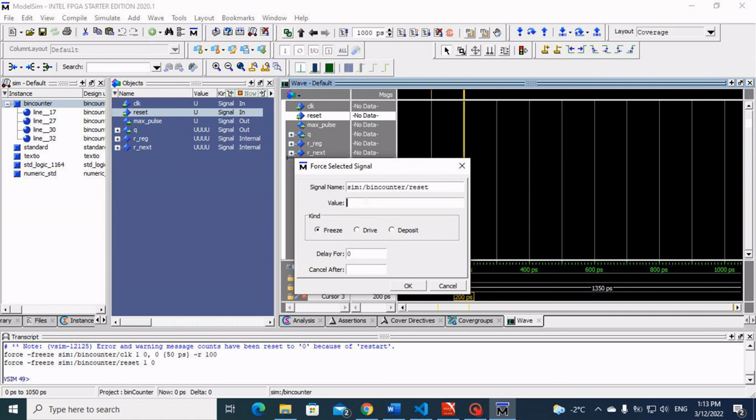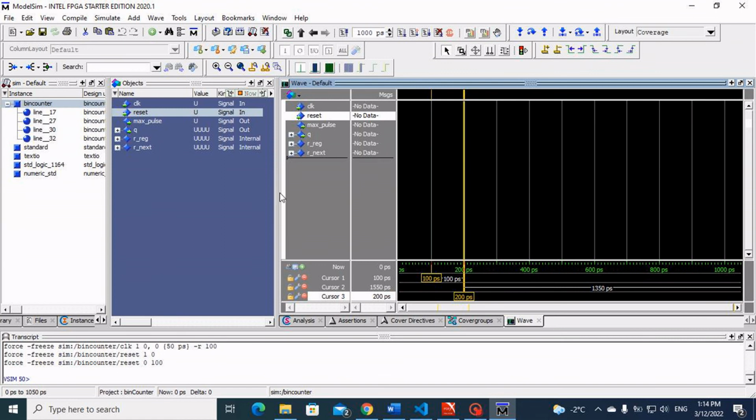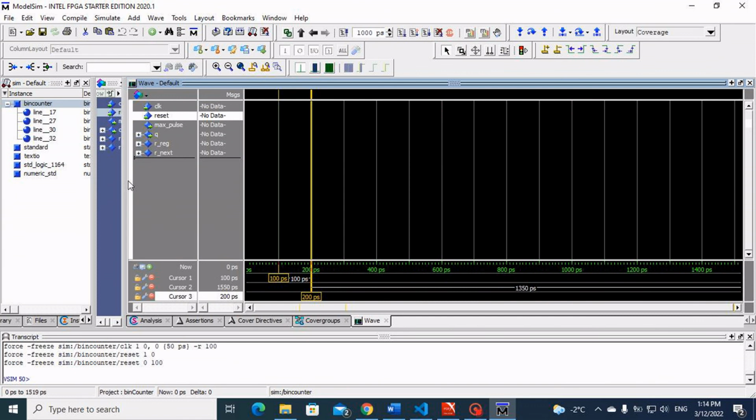Let's have a value of 0 after we delay for the first 100 picoseconds, which is equal to 1 period of our clock. Right, and then let's say okay for this one. Let me just create some room here before we run, so that we'll be able to observe